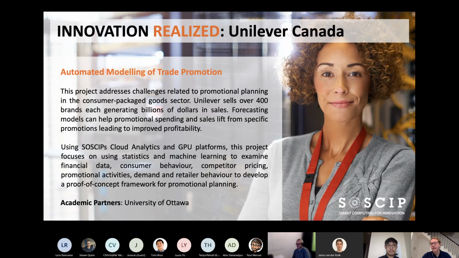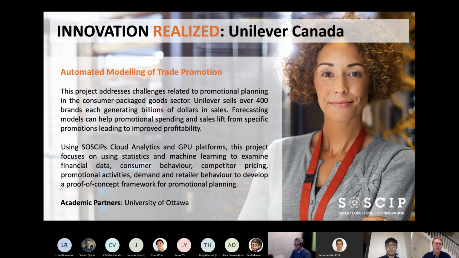This first one is with Unilever Canada, with Ottawa U, within the Telfer Business School. What it was looking at was creating modeling around trade promotion. The backstory is that Unilever had approached us looking for opportunities to work with academic researchers, and they had several challenges they needed support with. So we worked with them in defining the challenge. We then reached into our academic members, and this led to Ottawa U. We provided the introductions and helped build the partnership from the inception.